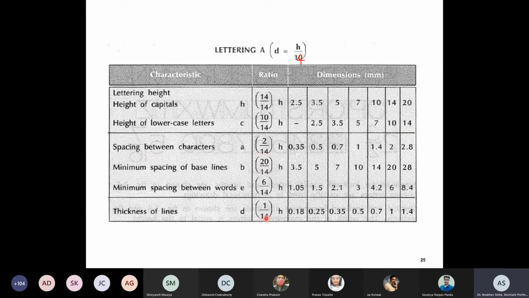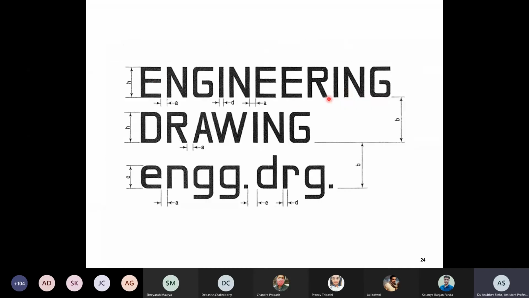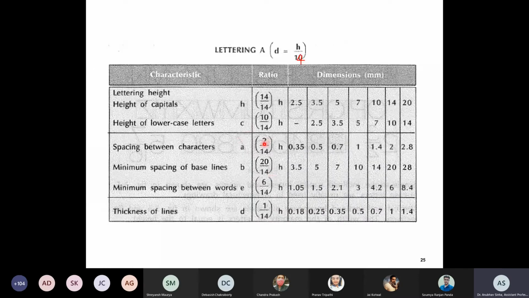So all these are standard values given, but when you write a lot of letters, you will not go and measure each of these. So this is just a general overview. You need not measure everything, but try to keep in that sort of ratio. Try to keep it uniform, clear, and readable. That is all that is required, and not very far from it. Don't do 2 times of this, but just keep this ratio in mind, and roughly around that ratio you try to build your character.